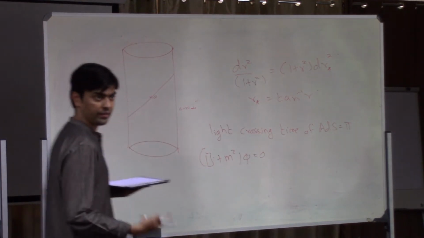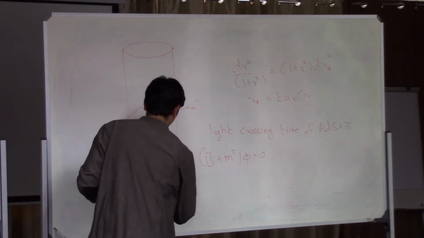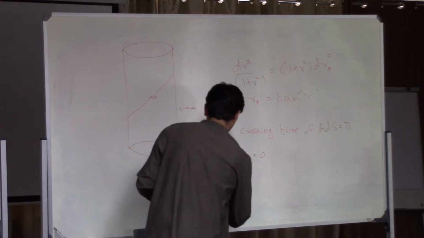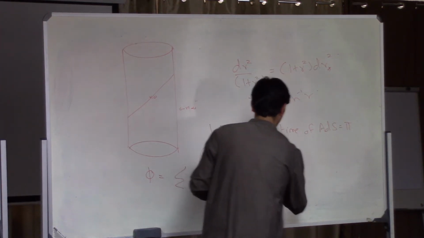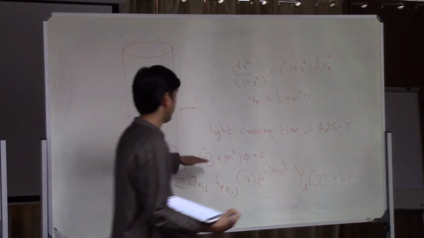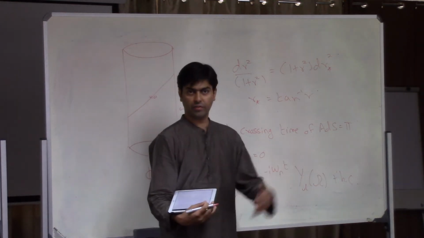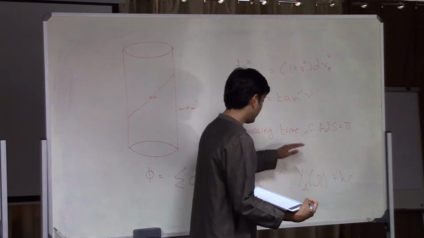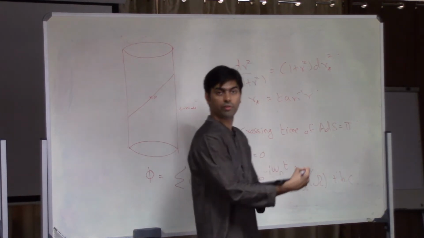And of course you can quantize this simple scalar field. You can quantize it just by writing phi as a complete sum. So you can solve this wave equation and then you get some radial solutions. These radial solutions are some hypergeometric functions that you can write down explicitly, which I won't write down now. They're not hard to write down. Of course, T is a Killing vector, so the behavior in T is very simple. It's an exponential. You get some spherical harmonics in the sphere.